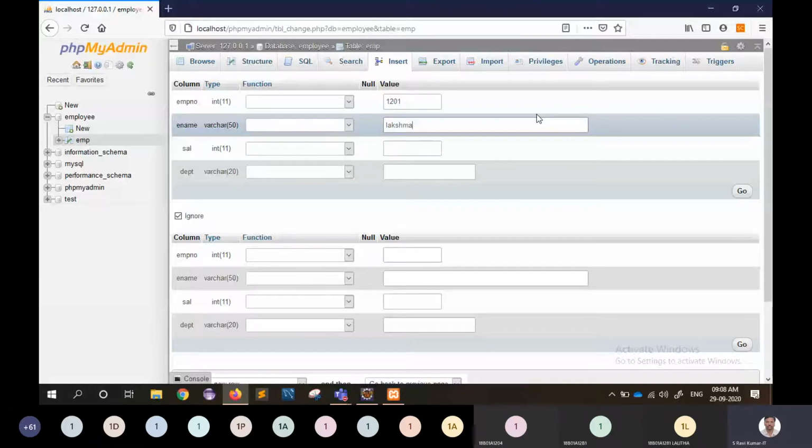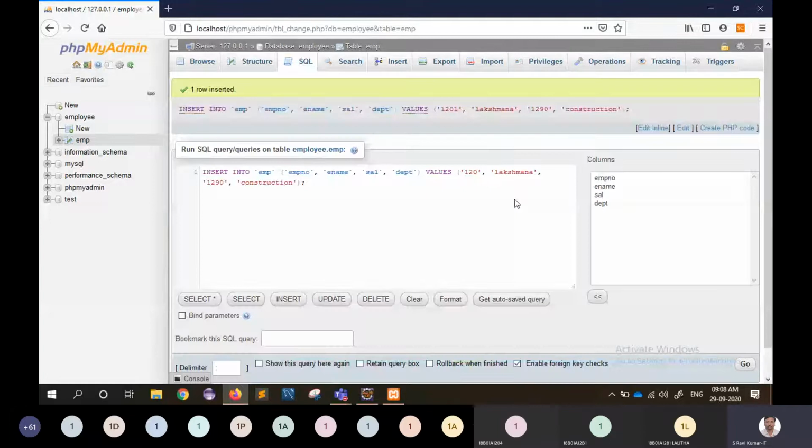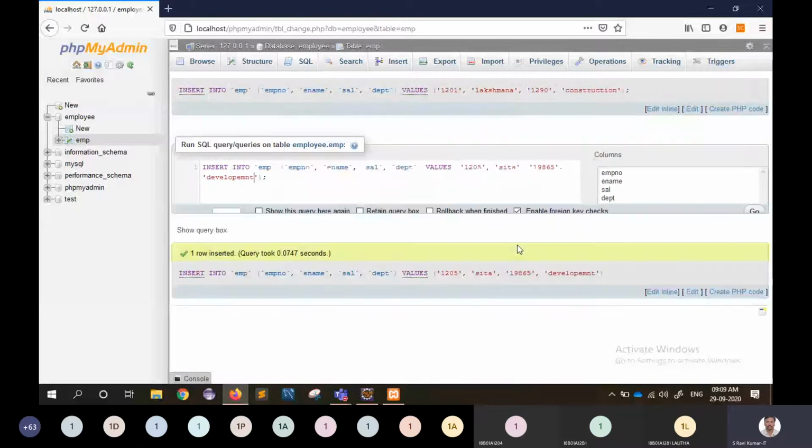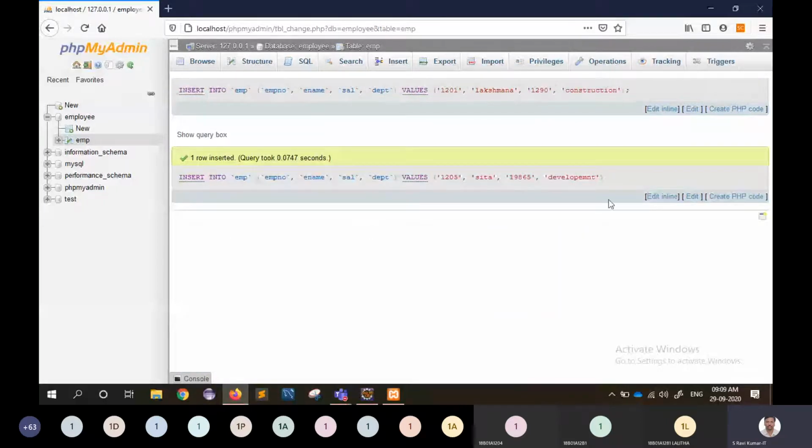Okay, so here itself we can write directly. Development. Okay. So one row is successfully inserted. Again.